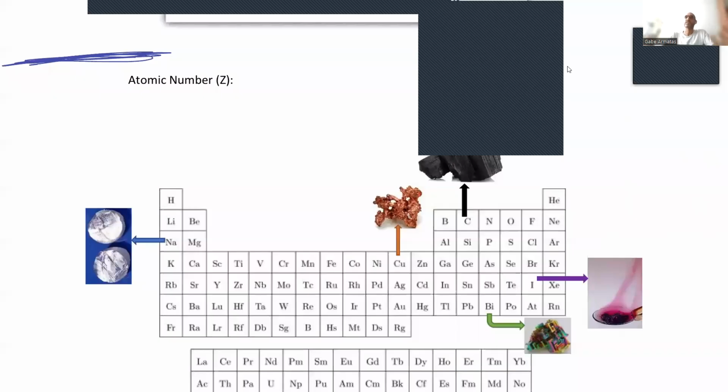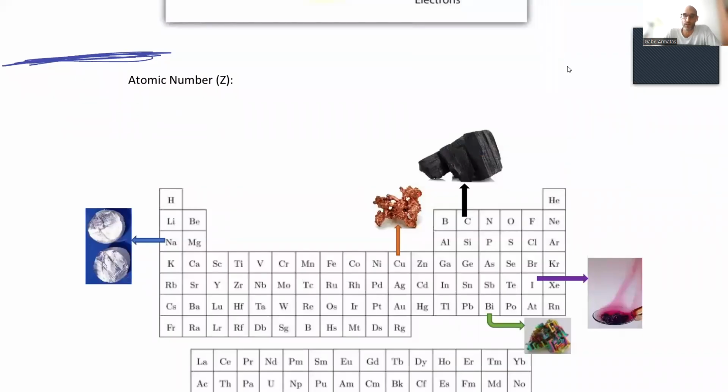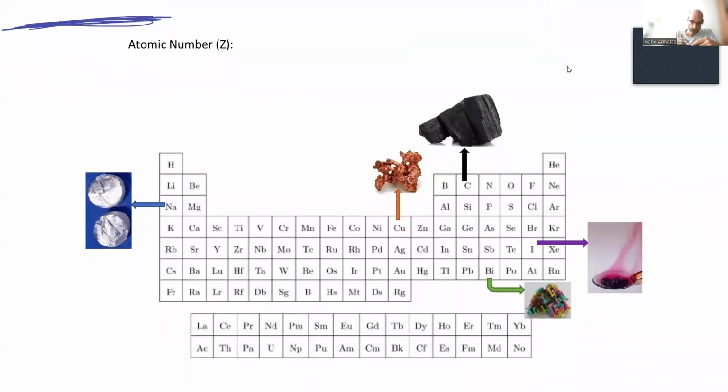Okay, so this is the second part. This is kind of the meat of all of this. We're going to start defining what an atom is, okay? And we're going to start with the atomic number. So an atomic number is going to be defined as the number of